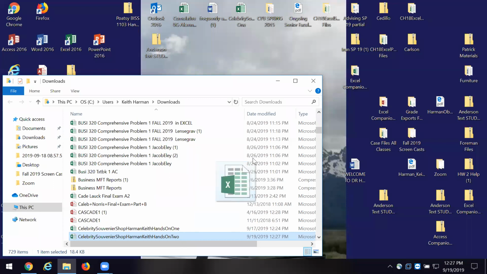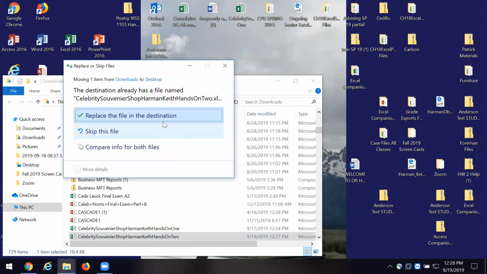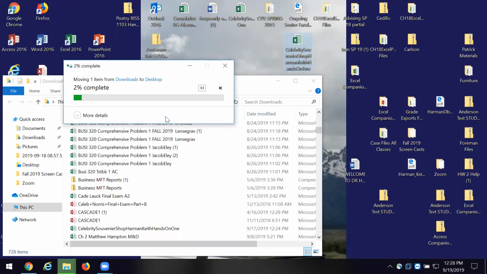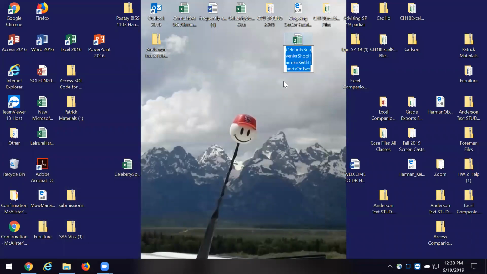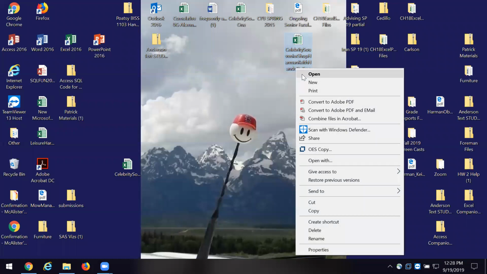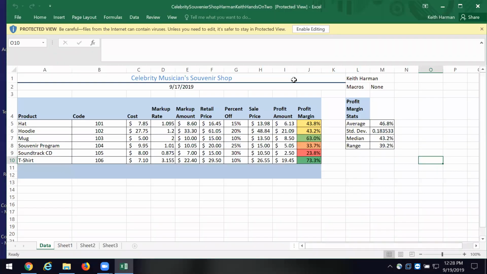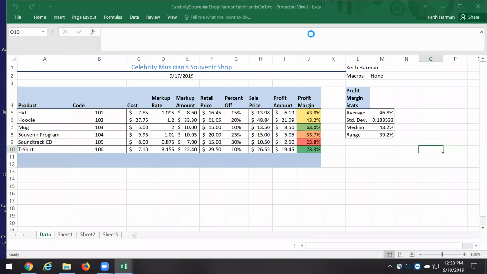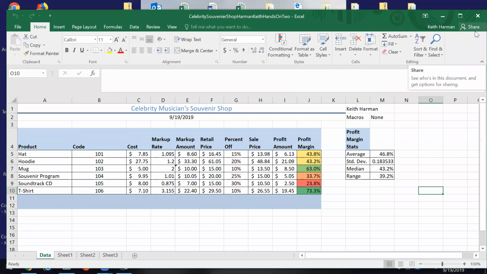Hands on two. Okay. And then I'm going to open it up. Okay. And I got it to open.